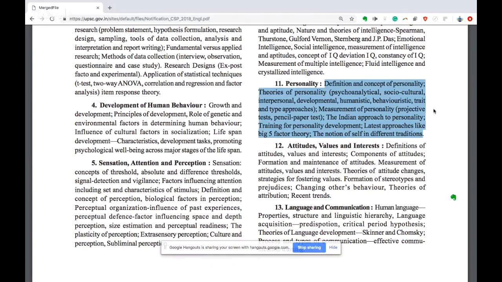And his whole psychodynamic theory is important. Then you will learn a lot of things about how many different kinds of people are there on the basis of different traits. There are some people who are type A personality, who need to get everything done fast, and they have to